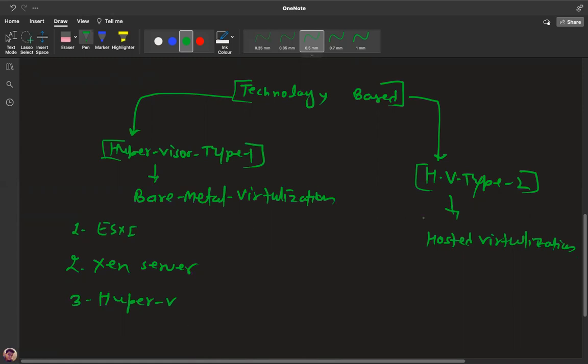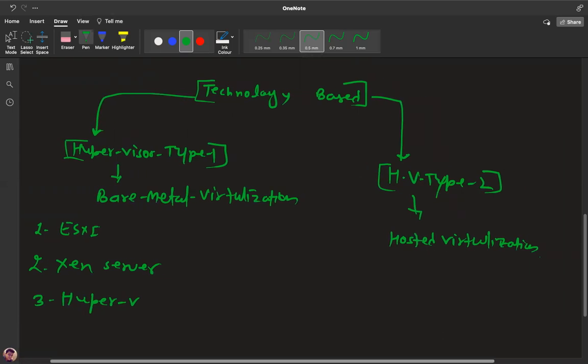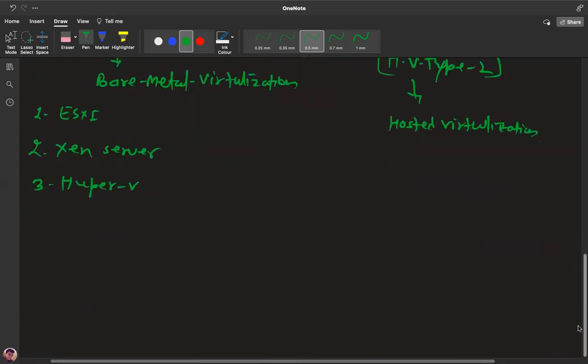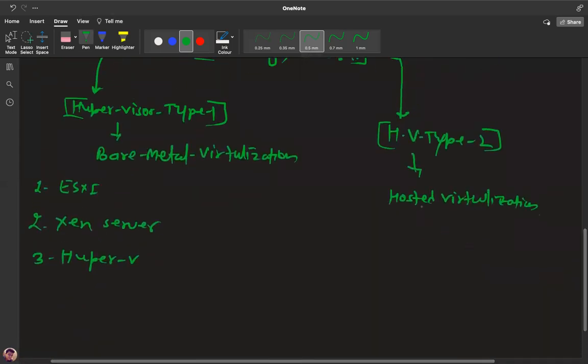Now, let's talk about hosted virtualization. As the name suggests, you can install hosted virtualization on a third-party tool. Let me give you information about the types of hosted virtualization. VMware Workstation is the best example of hypervisor type 2. Second, Virtual PC, a Microsoft product.